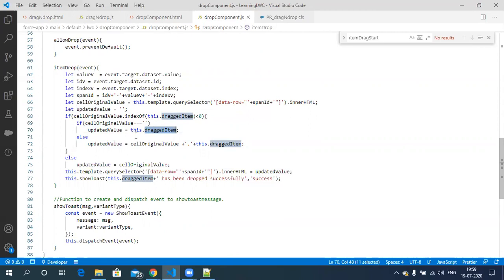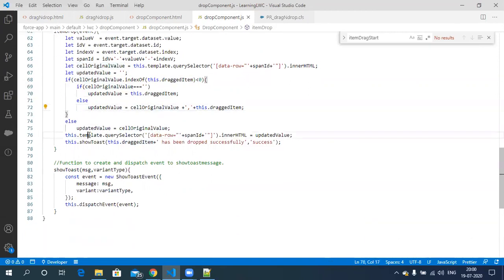If some existing value is there, I comma-separate the dragged item with the existing value. Whatever the updated value is, I pass it to the same inner HTML, so we are replacing the existing value with the updated value.